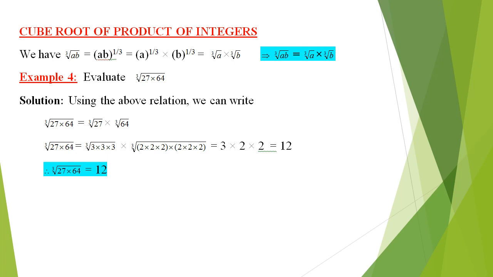And after you further convert it into its prime factors, 27 will be written as 3 into 3 into 3. And then convert 64 also into its prime factors. And when we have to find out the cube root, it will be 1 prime from each triplet. So that will be 3 from the first triplet into 2 into 2, which is equal to 12. Therefore, cube root of 27 into 64 is equal to 12.